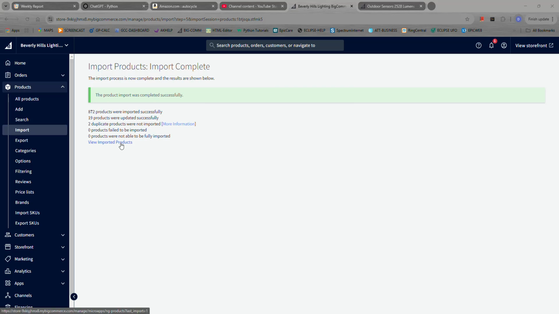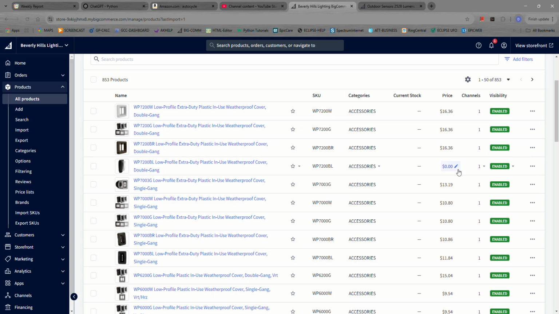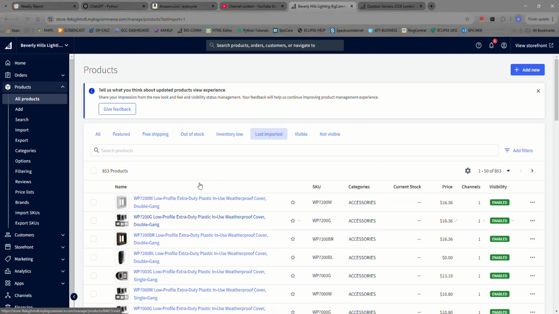All right, and then we can go ahead and view some of the imported products and see what we've got here. See if this looks kind of functional. Generally, this looks good so far. We want to, of course, in this case, we've got like 900 records that we imported. I don't expect a manual check of 900 records, but you should do a quick perusal of 4 or 5,